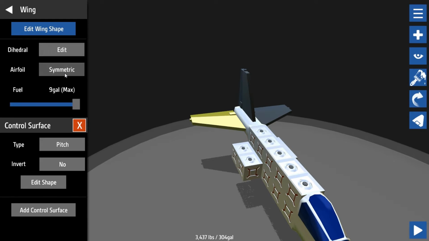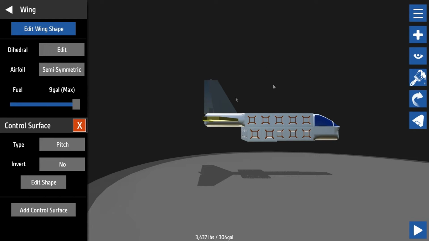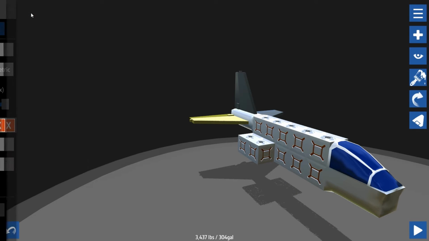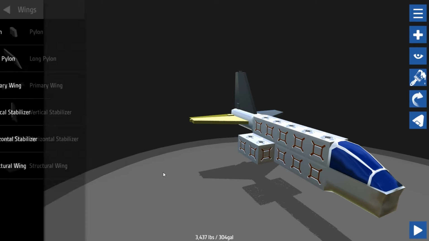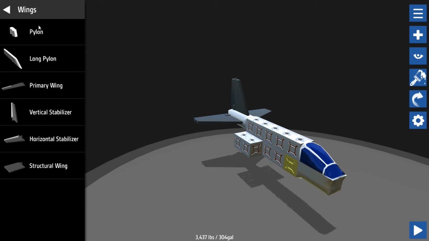You can also change the airfoil and everything. Semi-symmetric flat bottom and symmetric flat bottom, I think, is the one this has or should have, so it doesn't create any lift. Symmetric creates lift even when flying flat, I believe, and semi-symmetric only creates lift when, you know, going up or down. I think that I might be completely wrong with that, just to point that out, but anyway, yeah, we should figure out how we want to